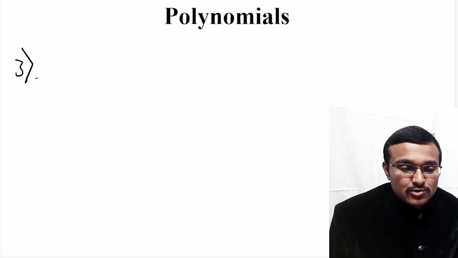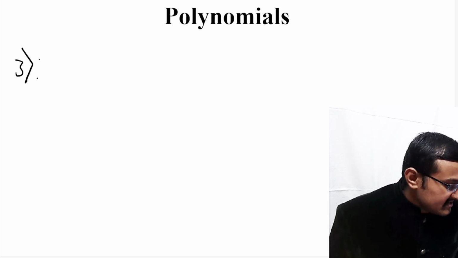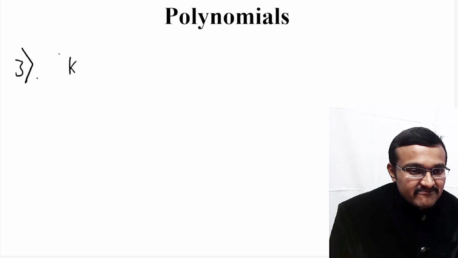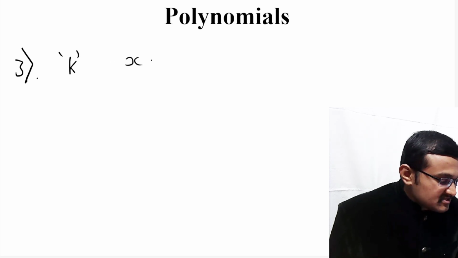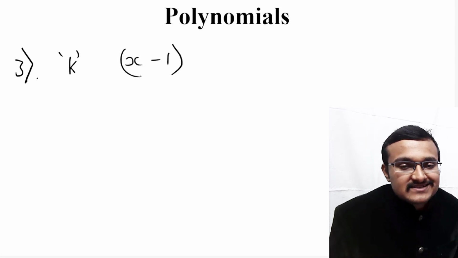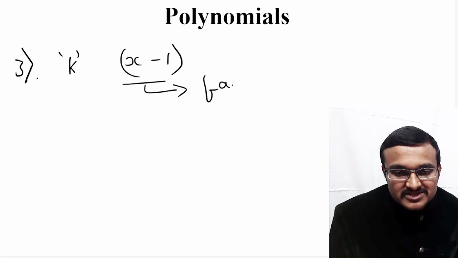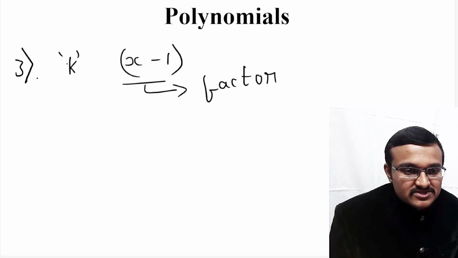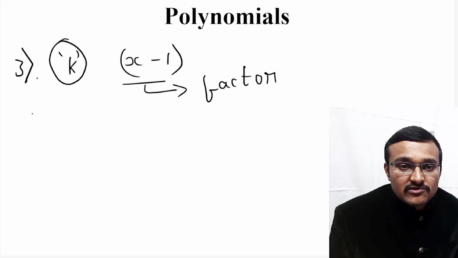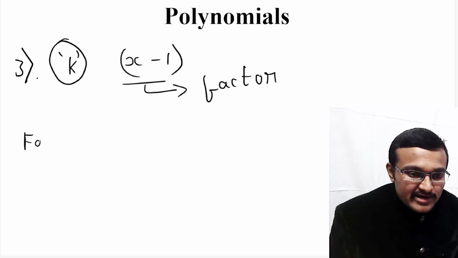Now we will look into the third question of exercise 2.3. Here you have to find the value of k if x minus 1 is the factor of all these polynomials. So that means here they have given the factor, and using this you have to find out the value of k. So according to factor theorem,